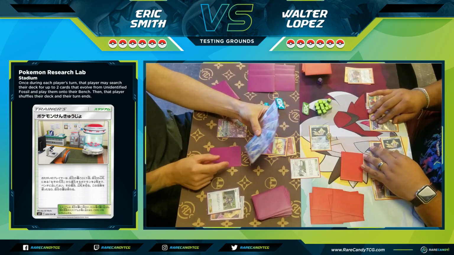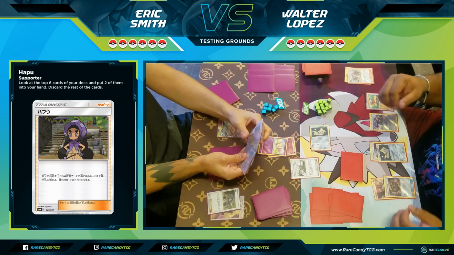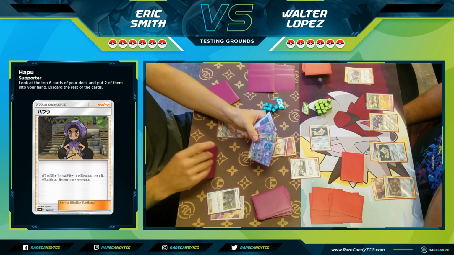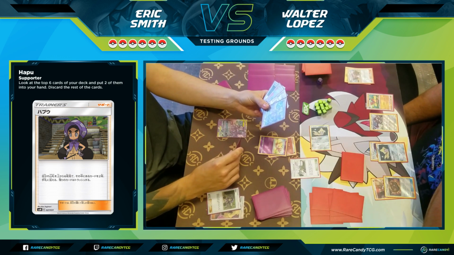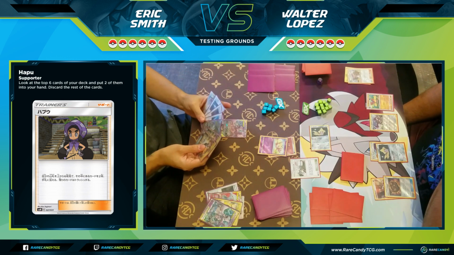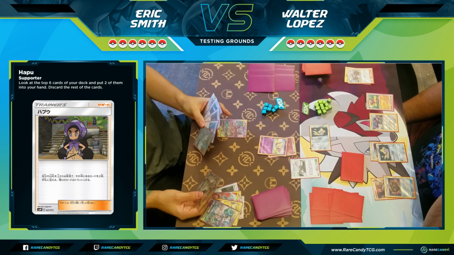So here I'm playing Hapu. It's a new supporter card that we're getting from Unified Minds. You get to look at the top 6 cards of your deck, choose 2, and discard the others. So it's a very aggressive form of draw power. But of course it does have a pretty big downside sometimes. So I had to discard a Rhys, which I don't mind too much. I had to get rid of another Mewtwo as well, so not a big fan of that,